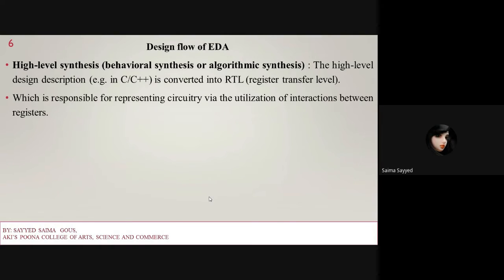RTL is responsible for representing circuitry via the interaction between registers. Therefore, the high level design is converted into RTL, which represents the interaction between registers.